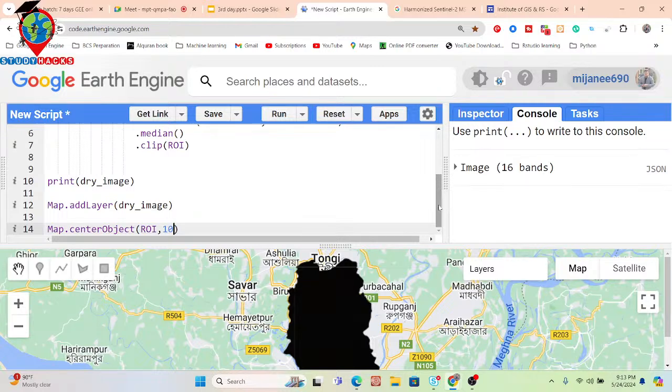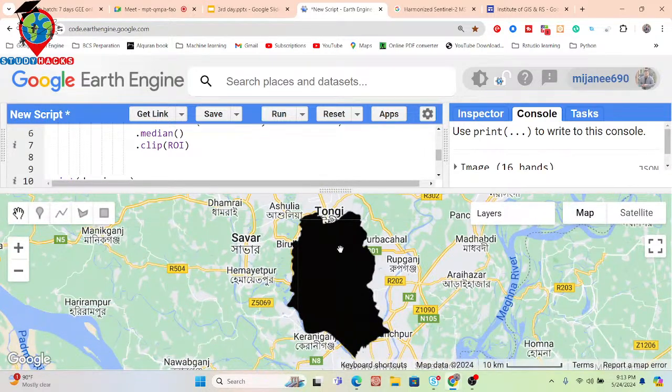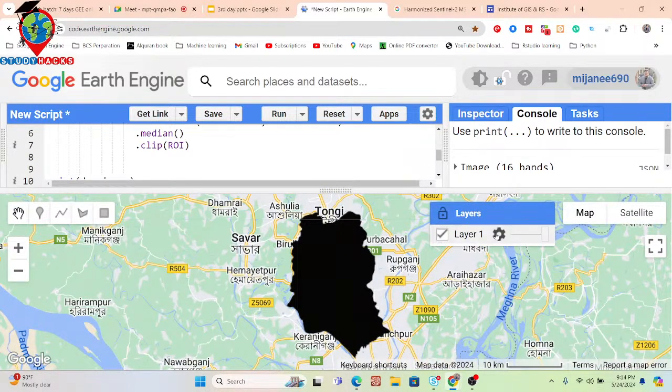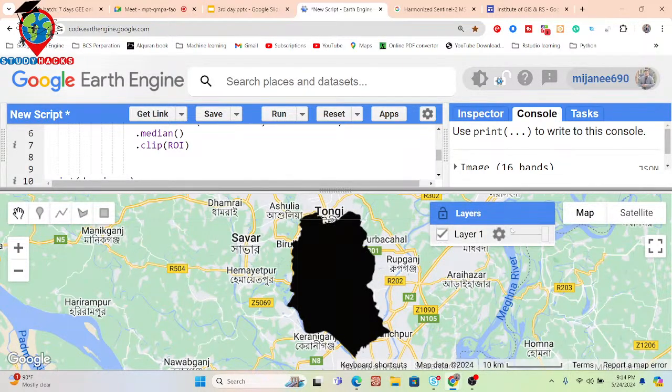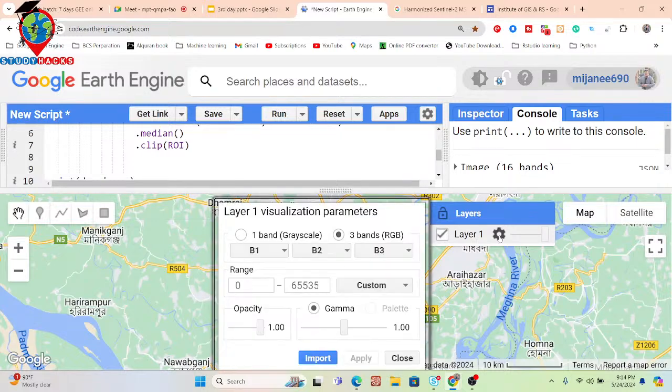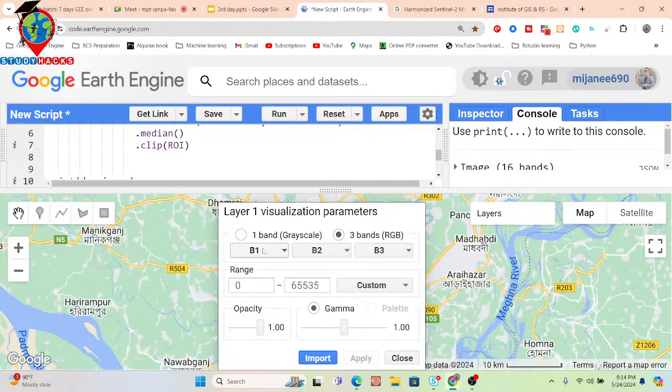So now you can easily add different types of band combinations, and you can also add different types of visualization. Suppose I want to add the true color composite. So for that, click on here. You can see it shows the setting button or setting properties. So I click on here, and further I set here. And you can also see another problem, that is scaling.